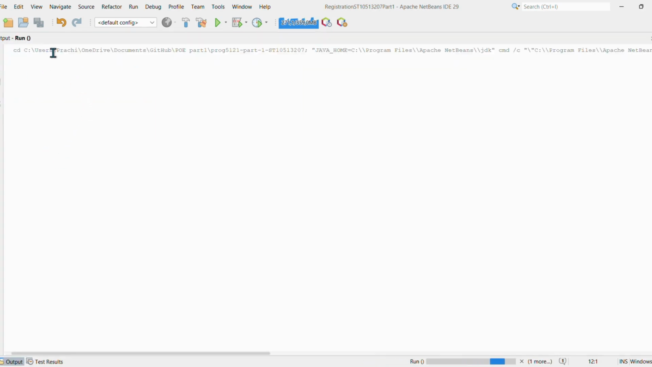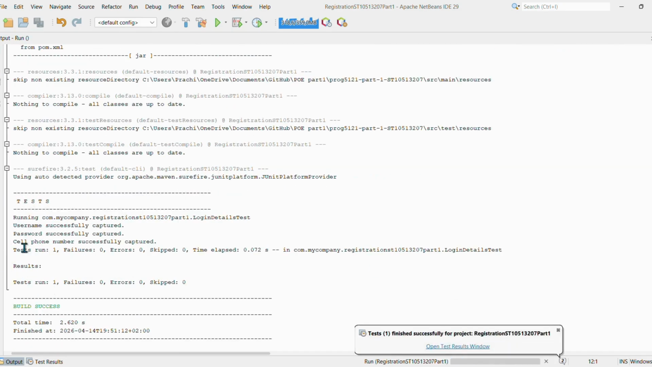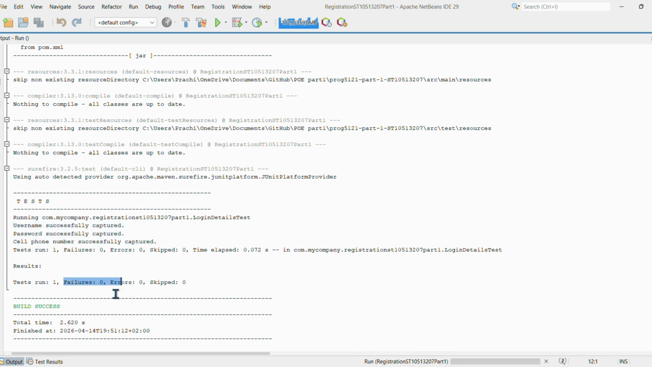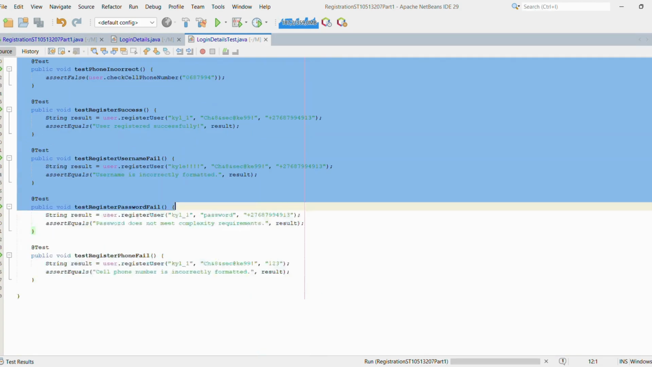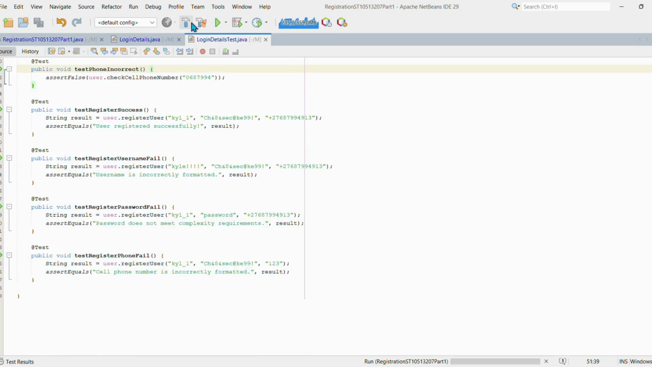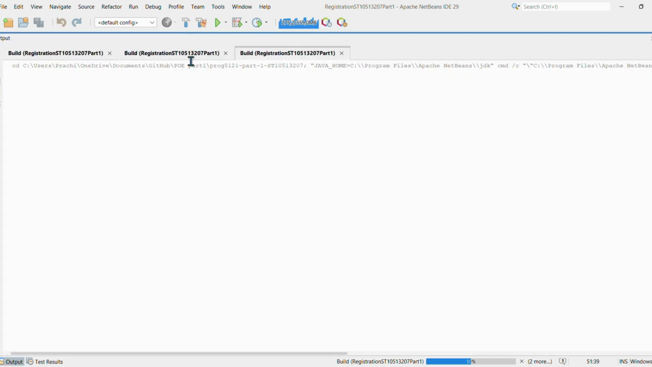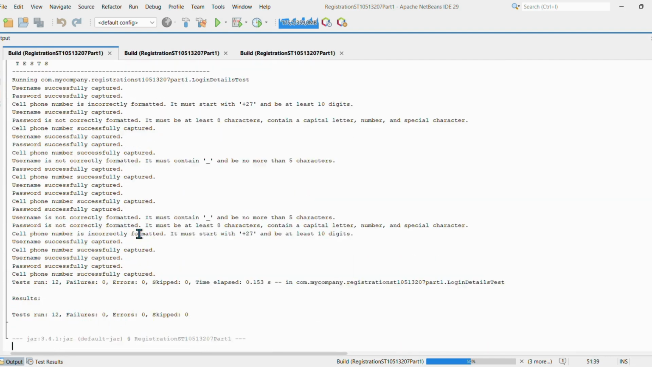So now the output will run, and here we will see tests. So now we can see all the information: username has been successfully captured. There's a test run with 0 failures, 0 errors, and skipped 0. So we can know that, okay, now it is correct. Now, we can't do it for each and every one. So what we're going to do is build and run this whole thing again, first and twice,